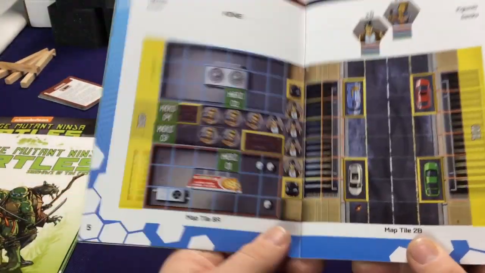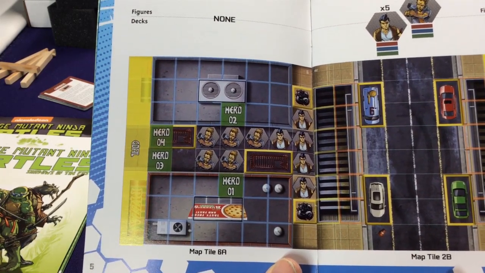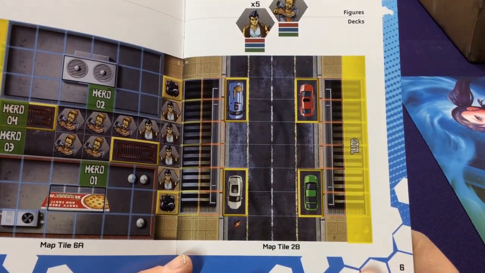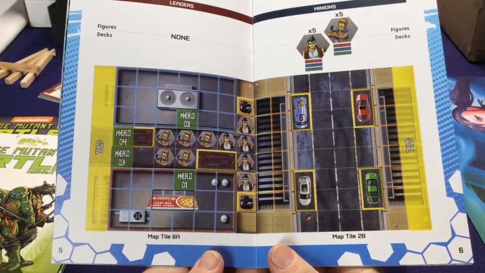And then we're going to have our boards. We have map tile 6A. Show you where your 4 heroes go, where all the different villains go. And then we have map tile B. And there's your goal. So basically, now the newer version might not have these exact map setups, but you can